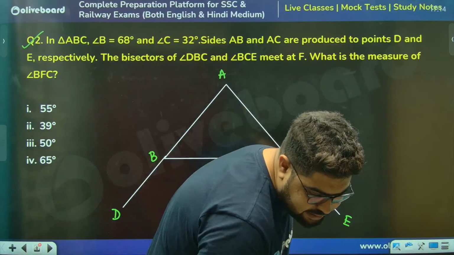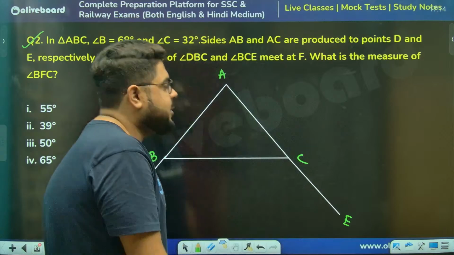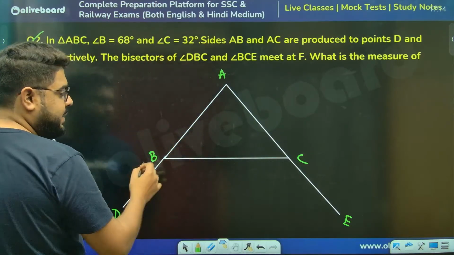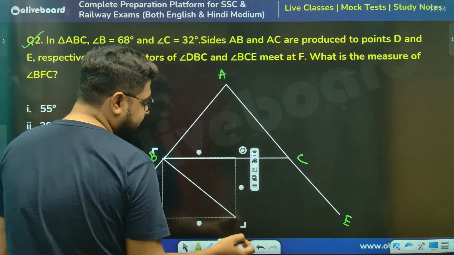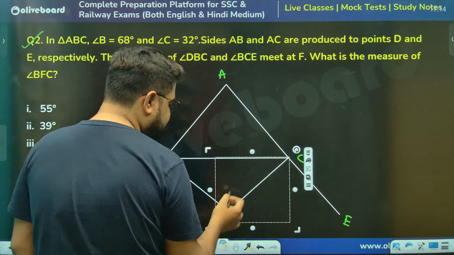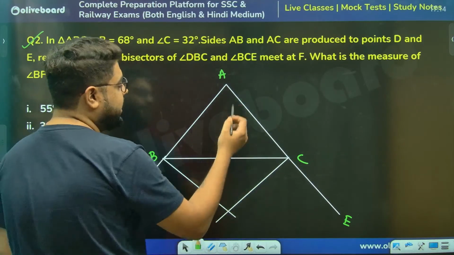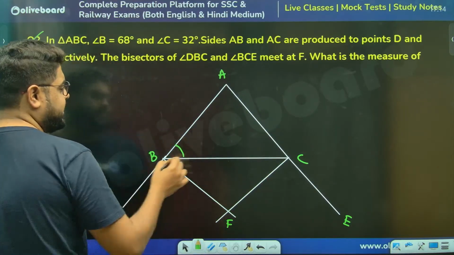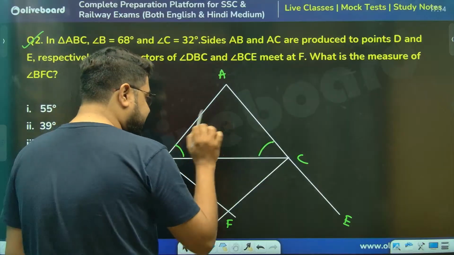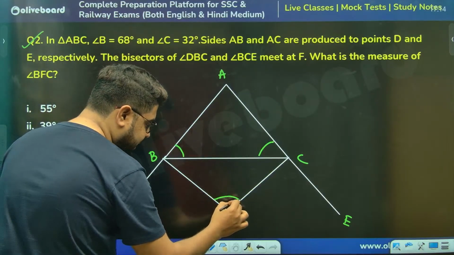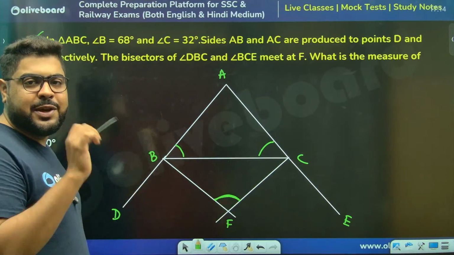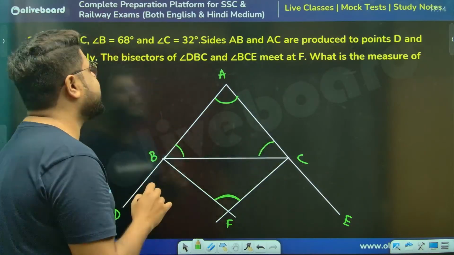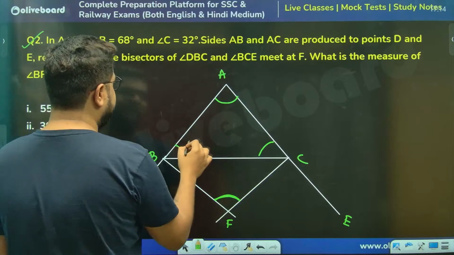Arghamita is saying 50. All are saying 50. Let's see. Now, the bisectors of angles DBC and ECB, meaning the external angle bisectors, are meeting somewhere like this, at point F. This angle is given. Please understand this angle has a relation with this one. If these two angles are given as 68 and 32,